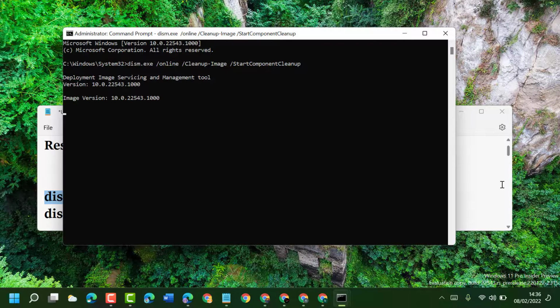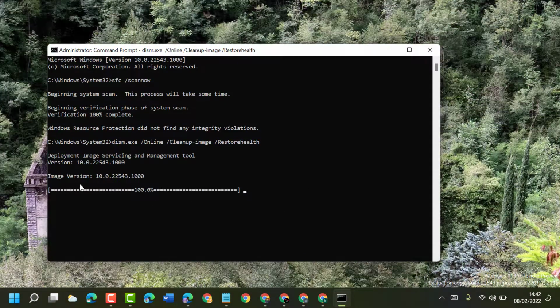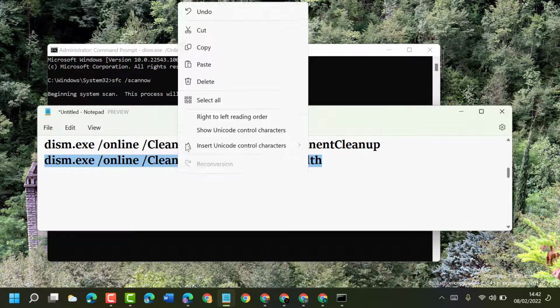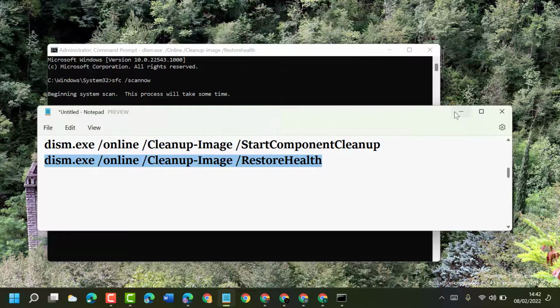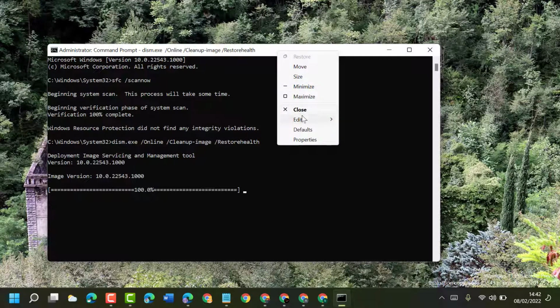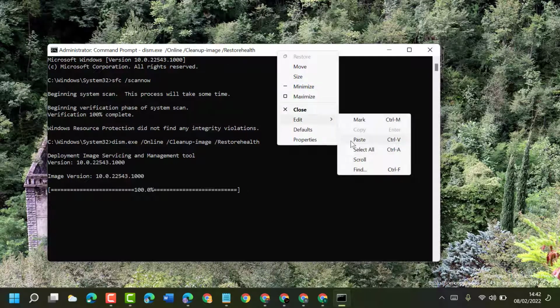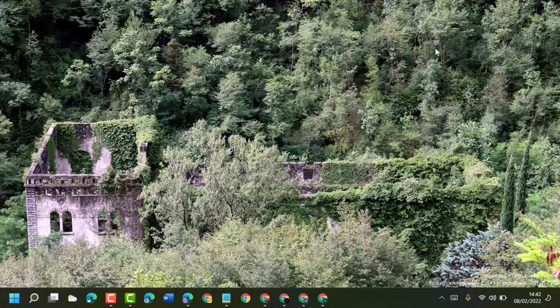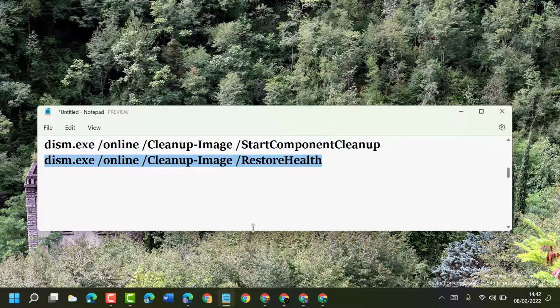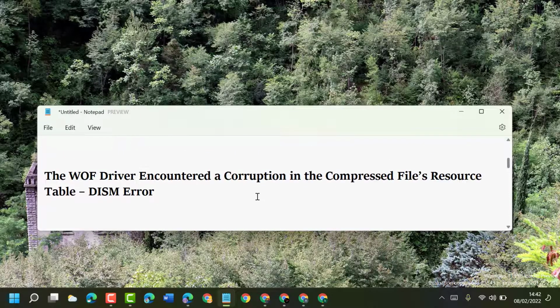And once this completes, copy and paste this second command line. And guys, once the scanning process of this second command line is complete, close it and restart your PC or laptop. So hopefully guys, using these simple and easy steps, we can fix and resolve the WOF driver encountered a corruption in the compressed